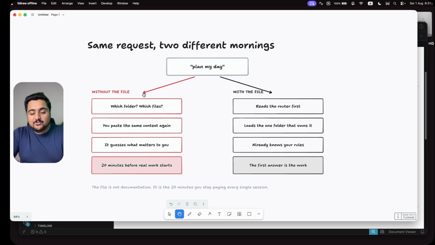If we start a new session without this file, we have to tell every time what we are doing, what is the context, what is my background, what assumptions it has to take, and all of that stuff. To avoid that hectic routine and to save our time so that we don't have to feed all of our information again and again, we make a file that is called Claude.md. That is a receptionist, that is a router. So whenever we go to the hospital, whenever we go to Claude, it can guide us to the right floor, to the right doctor, to the right specialist agent.